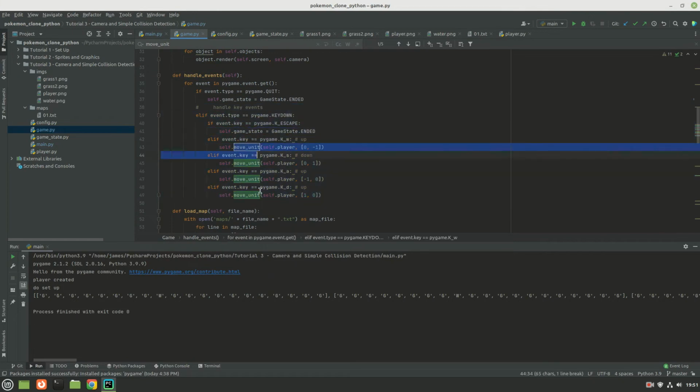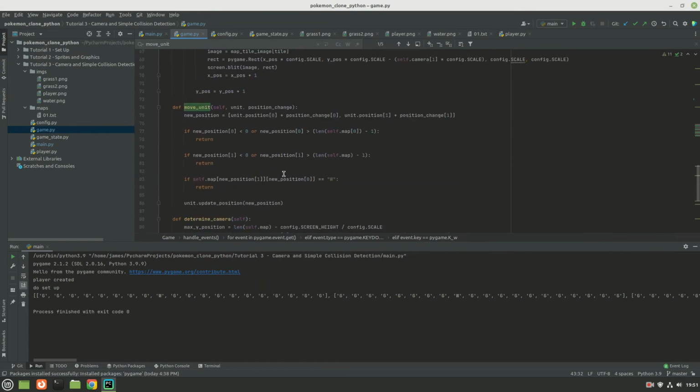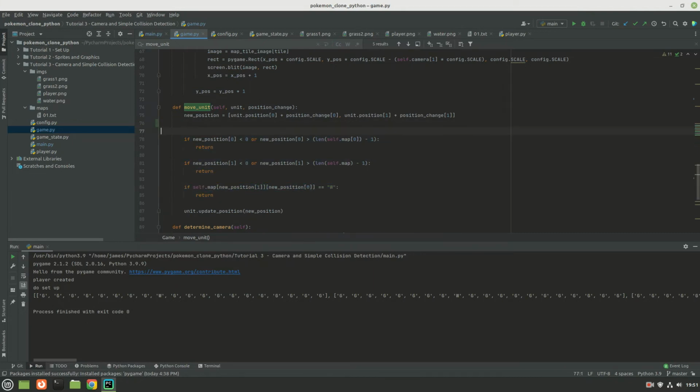In handle events, the move event determines whether or not we actually can go where we want to go. This is checking if it's off the map. So check off map. I'm just going to add some comments here because it's probably going to be 5 years from my next video, and I don't want to be as lost as I am right now. And then, maybe rocks, or right now it's just water, but